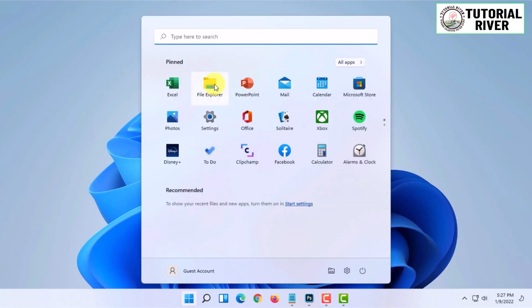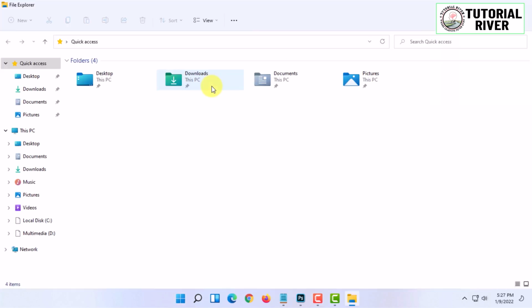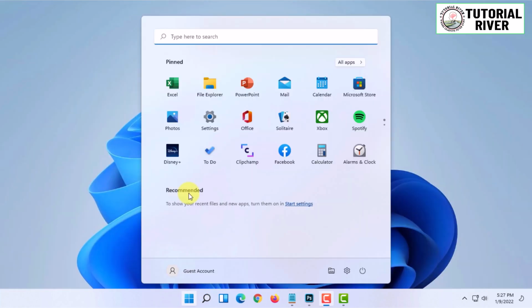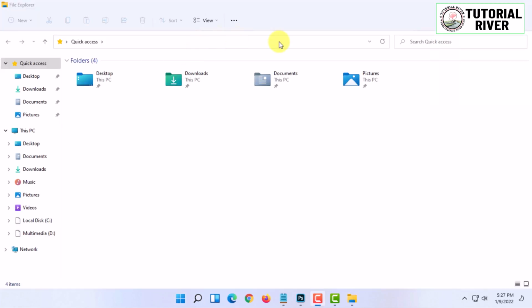So for that you have to open your File Explorer. So as you can see, when I open File Explorer, it opens the quick access menu by default, but I want it to open This PC. So for that, what you will have to do is open File Explorer, and here you will